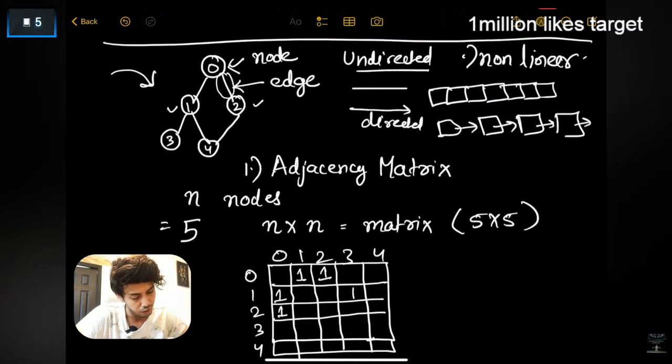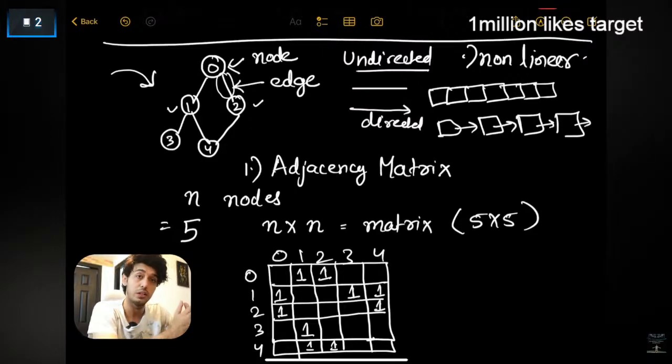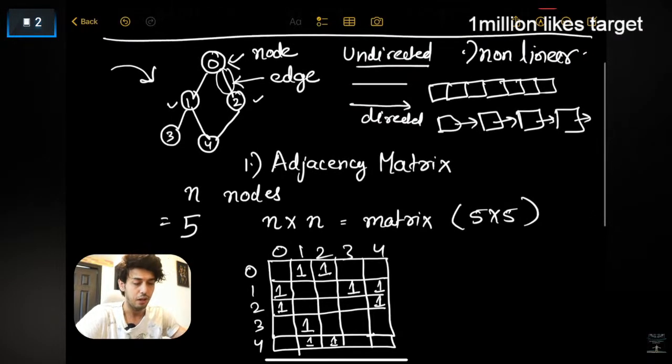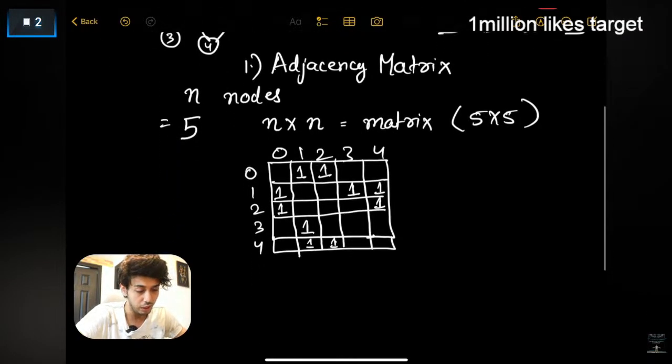अब जल्दी से सारे एजेस का हम भर देते हैं। 1 to 3 के बीच में भी हमें भरना है 1, और सिमिलरली 3 to 1 में भी हमें भरना होगा, राइट, 1। अब 1 to 4 और 4 to 1, करेक्ट। अब 2 to 4 और 4 to 2। तो ये चीज आपको प्रोग्रामेटिकली जावास्क्रिप्ट में करना होगा। या आपको ये इनपुट दिया भी जा सकता है, इट रियली डिपेंड्स आपका इनपुट कैसे दिया गया है और डू यू रियली वांट टू रिप्रेजेंट इट इन द मैट्रिक्स, वो बात की बात है, बट इसे हमें समझना चाहिए, ठीक है। तो ये हो गया हमारा एक तरह का रिप्रेजेंटेशन, ठीक है।